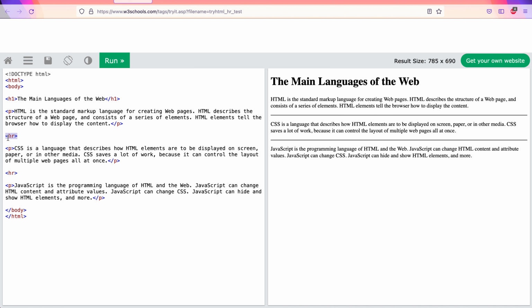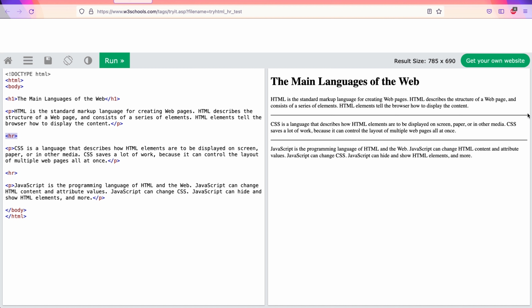You can see HR tag is not a paired tag. There is no closing HR tag. This is just a simple unpaired tag. But it is translated to a continuous solid black line that is stretching from the left edge of the window to the right edge of the window. Why am I giving so many adjectives to this? I could have just said there is a line.